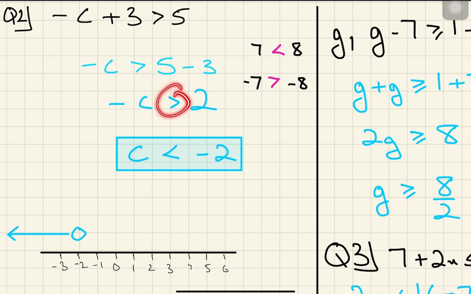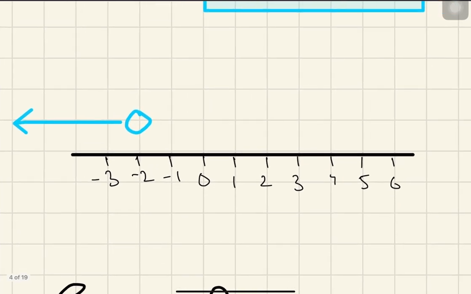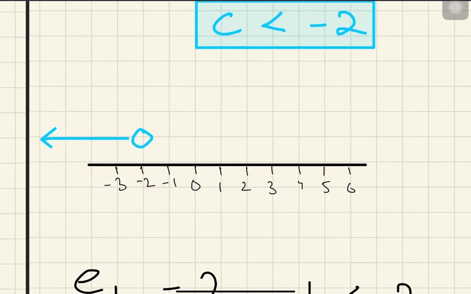So that's why you are seeing a drastic change in the signs. So it becomes positive c and it becomes negative 2. Now if I need to represent this information on a number line, I'll draw a number line over here. This is minus 2 and it's on the lesser side, represented by your answer.